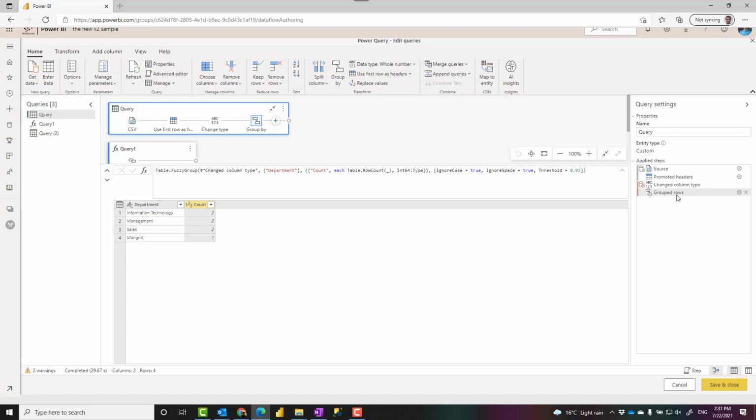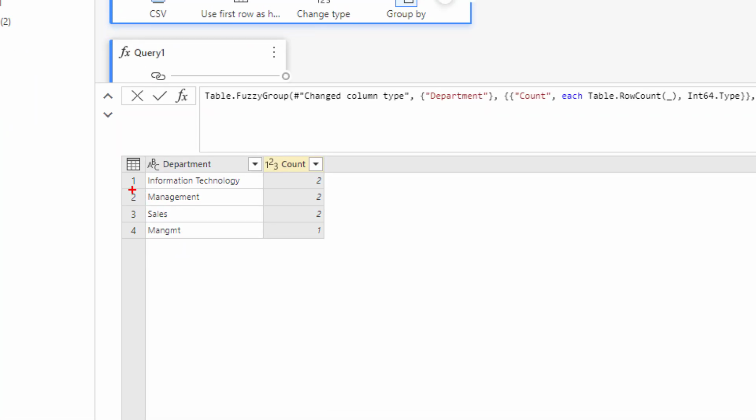I would definitely suggest, if you are doing it on a table with many data rows, and that many data rows might not even be a million, it might be thousands or tens of thousands, I would strongly suggest to first make sure that you do the normal grouping, then you do the fuzzy grouping. So here you can see, based on the threshold of 0.92, I get, for example, 2 of those